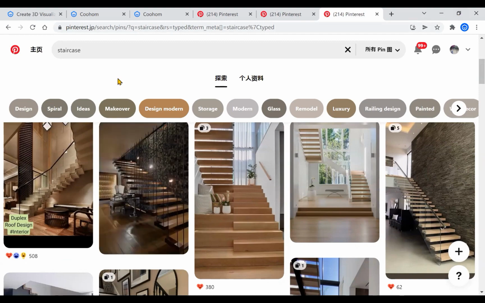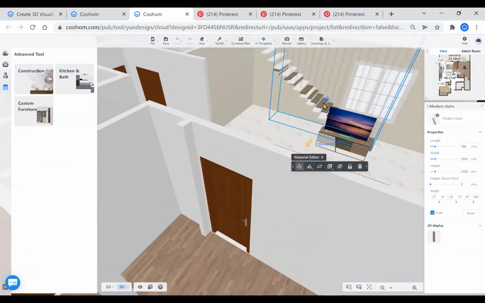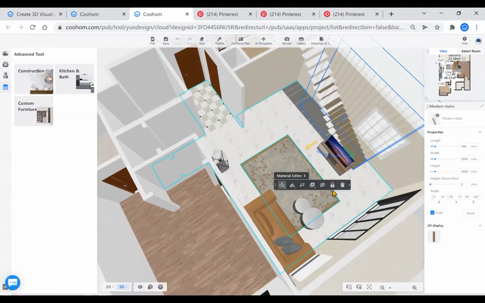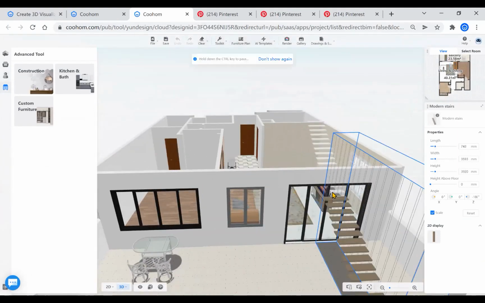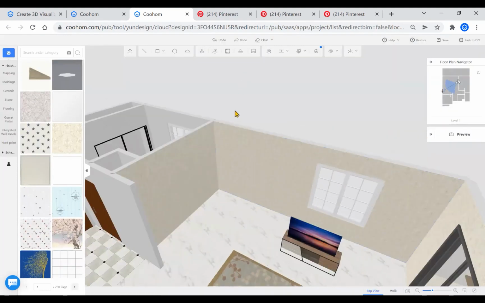Hi, this video will teach you how to draw a staircase in Home. I will demonstrate by entering construction to make some modern and simple staircase. Here we can click add guides here, and then first we need to set the